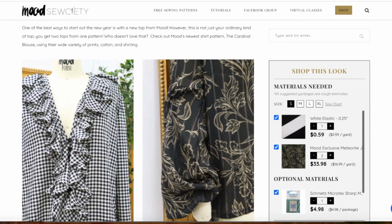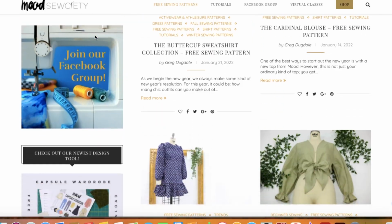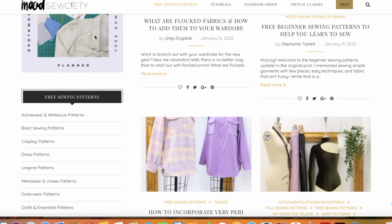One of the versions has got elastic at the wrist and the other one's got ruffles at the wrist. I think it's a good starting point, this pattern. I'd need a little bit more shaping, I think, but you could use it as a starting point. You could probably put curved hems on it or a split hem or something like that. The ruffles would be too fussy for me, but the other one, if I raise the neckline, that's quite a nice one. So scrolling through most of these, you've got quite a few blog posts and what have you,